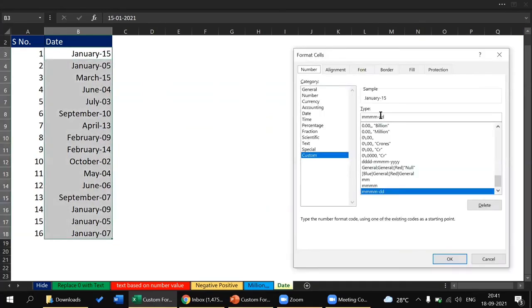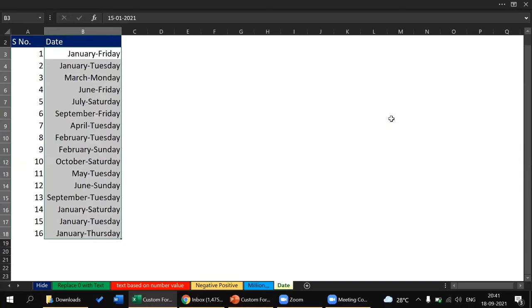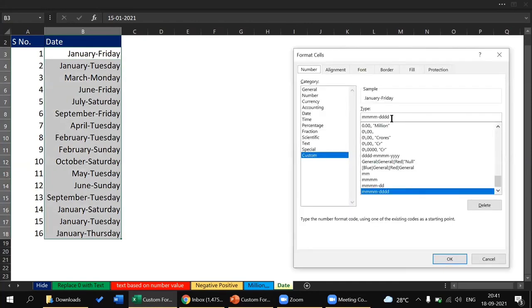If you want to know the day, which day was 15 January 2021, whether it was Monday, Tuesday, Thursday, or Friday, you just go to custom formatting and add 4 Ds, and you will get Friday.